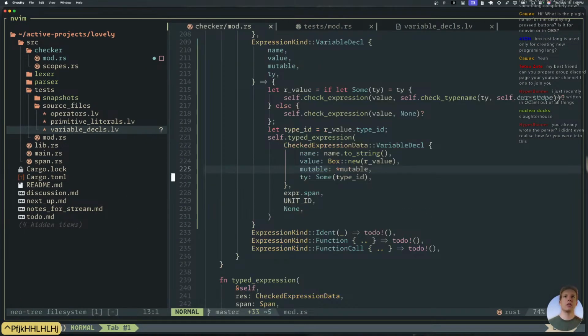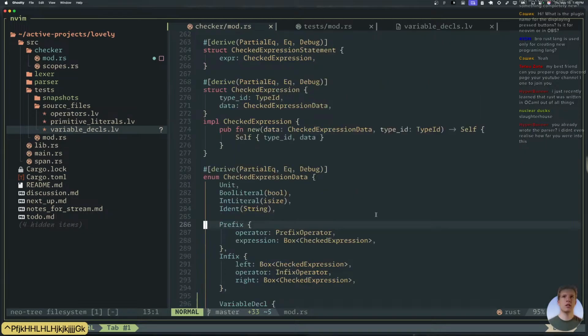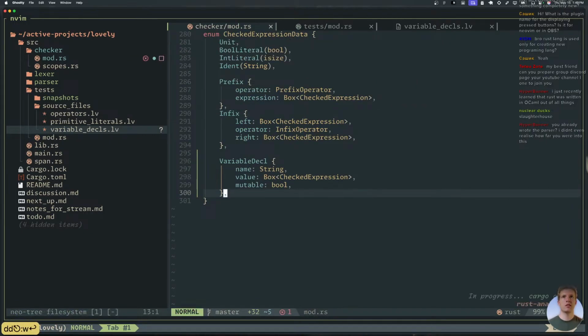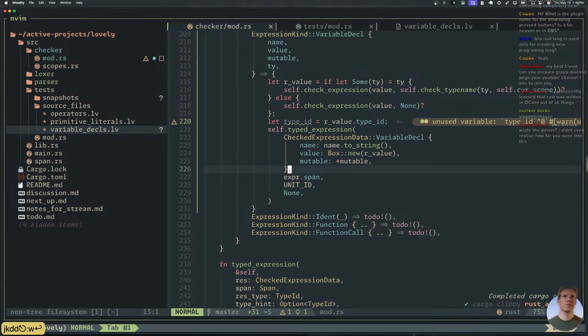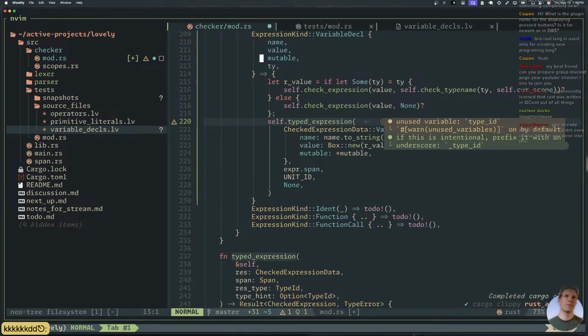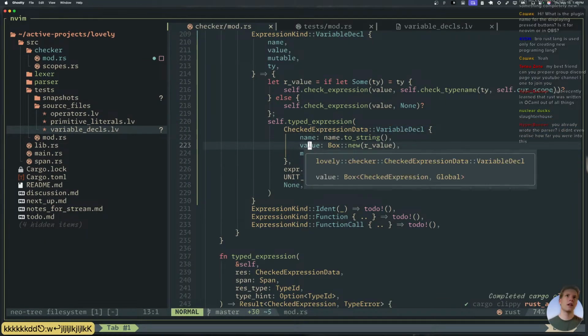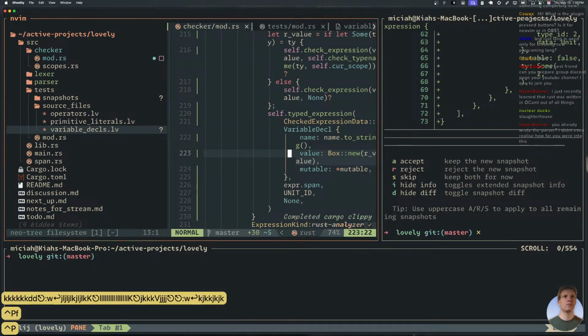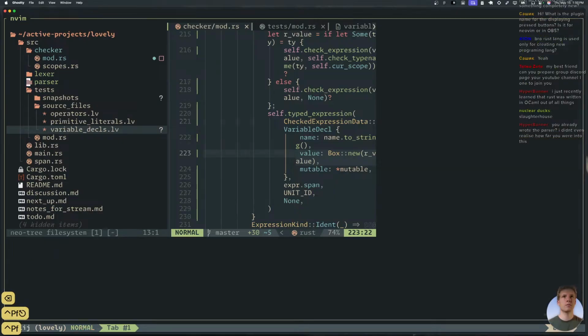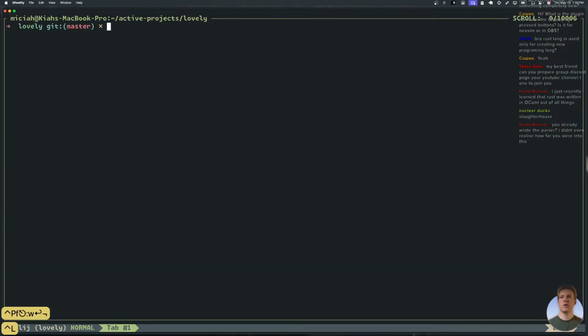Go back into here. Okay, I don't want this type. It's useless. It's not doing anything for me. I don't need that, because this already has the type on it. The type's already here in the expression, so perfect. Now, if we try this again.